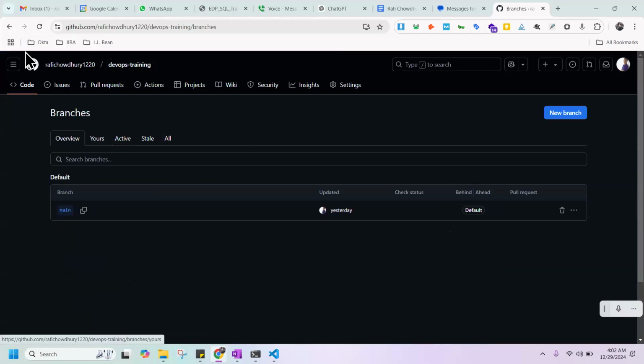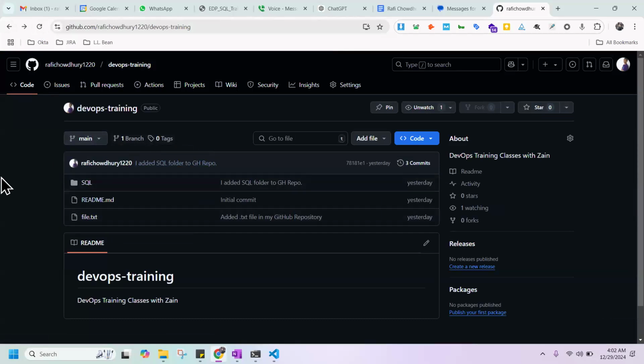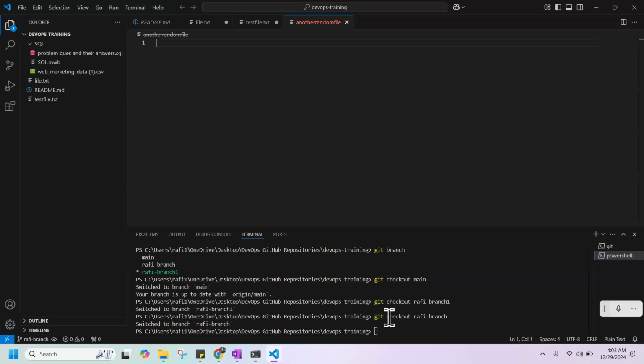Yeah, it says you only have one branch, right? Go back, click on this. It says you only have one branch with the name main. Click on main. Yeah, you have only one branch, main, right? So our other branch is not located here. So how are our local changes going to be reflected here? By pushing our changes. Yes, so we need to push our particular branches, right?